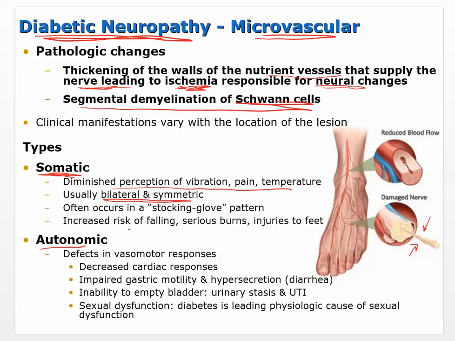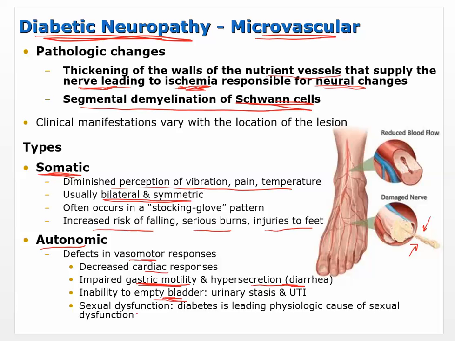You're losing neuron damage, or you're losing neuronal sensitivity in those areas. So from that, you have an increased risk of falling or burns, injuries to the feet, because you just don't have the sensation. Now there's also autonomic, which can have a defect in vasomotor responses. So we're talking about muscle control. So decrease in cardiac responses, impaired gastric motility. So this is going to be digestion, and hypersecretion, which can lead to diarrhea, inability to empty the bladder, and